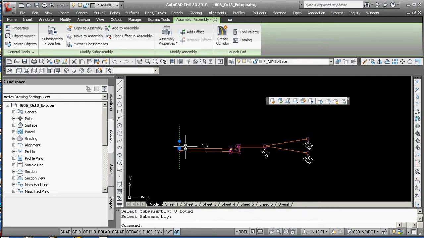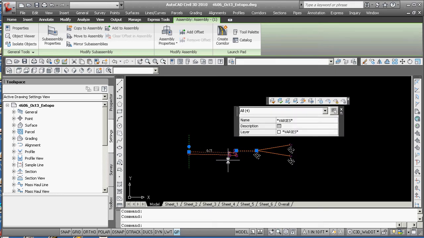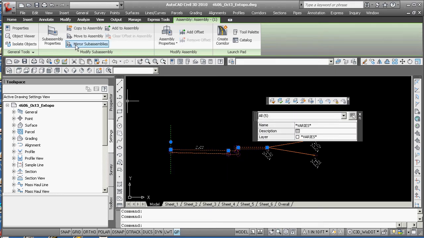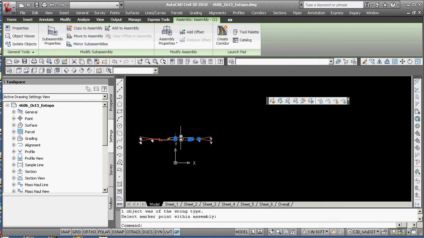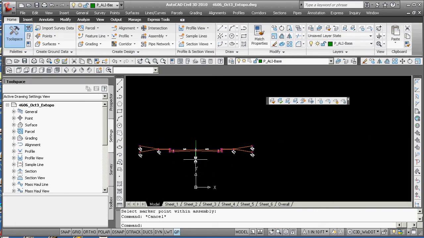So I'm going to try this again. I'm going to grab each of my sub-assemblies, 3 of them, 4 of them, and do mirror sub-assemblies about that point, and we have it all laid out. You now have the sub-assembly done, and the last thing you're going to want to do now is just to